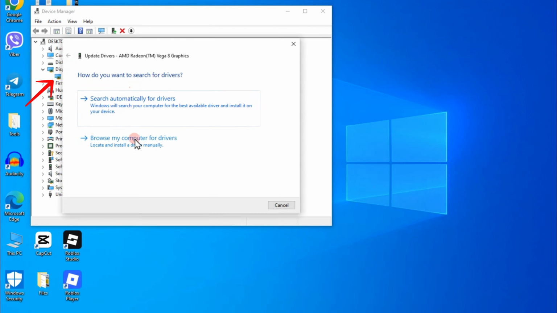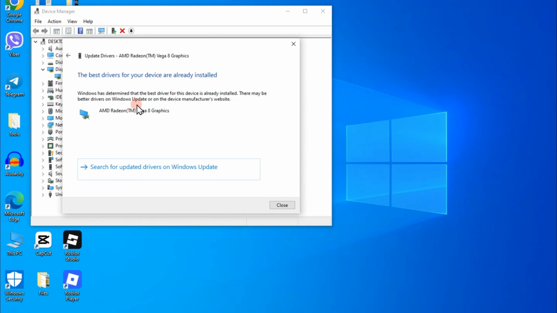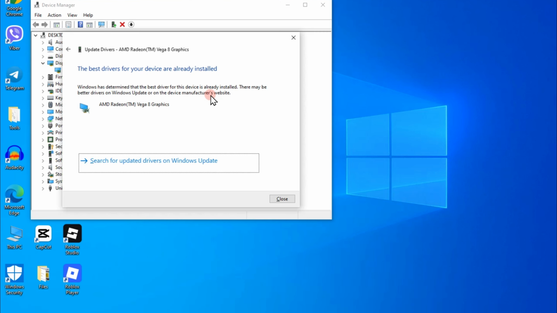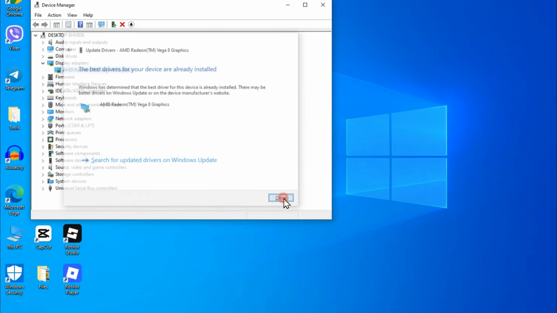Then you need to choose from any of this. So if you tap the first one, and then if you're using the latest version, updated version, you will see this. But if not, then Windows will suggest you on how to update your driver. And basically, that's how easy it is to install drivers on